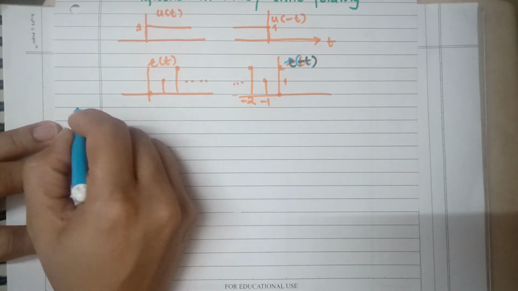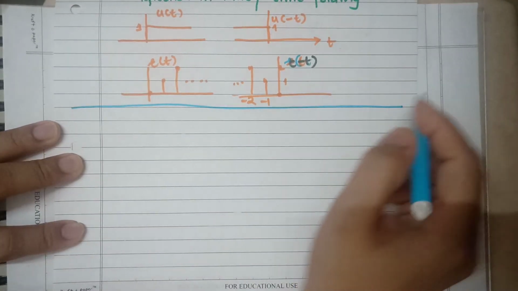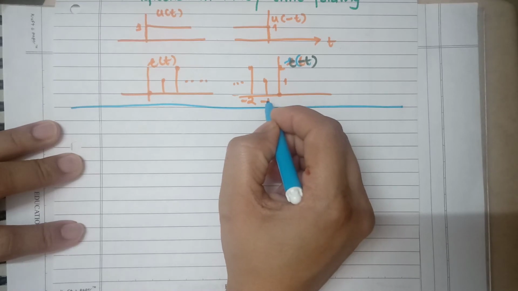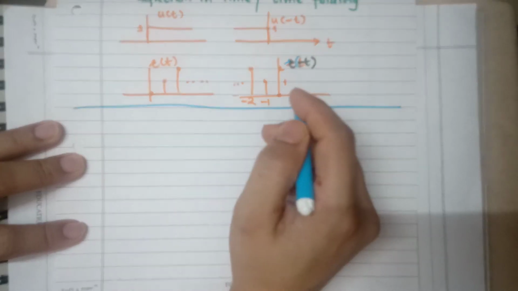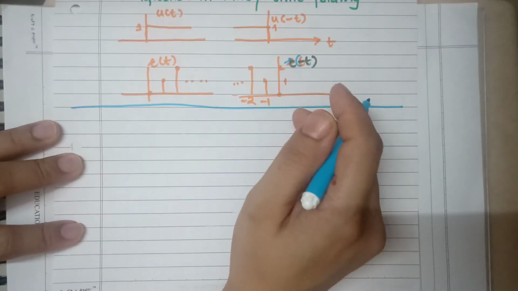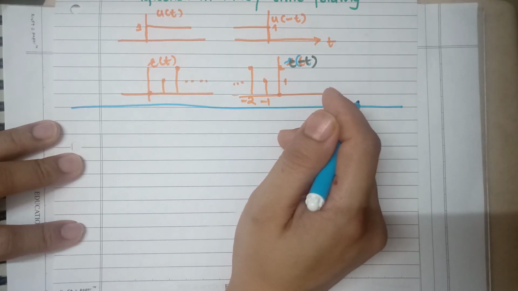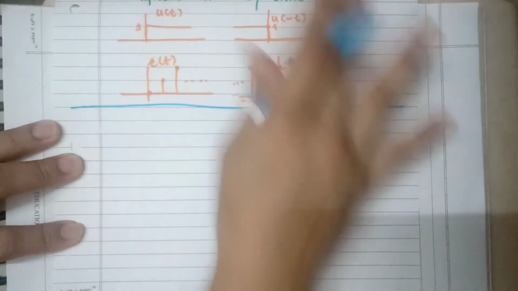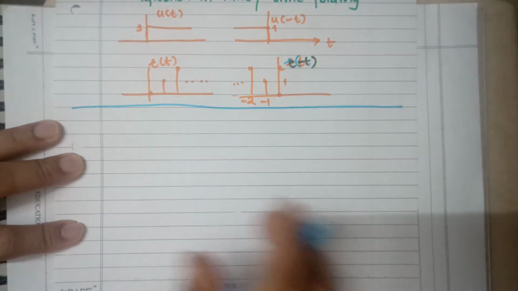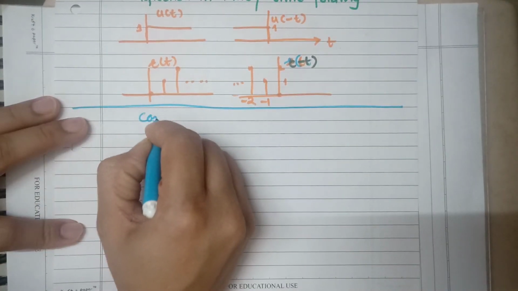There are very complicated ways to do this operation, by actually calculating the value of t in the modified signal, what will be the value. Okay, so there are many complicated ways, but we'll remember only these simple ways. Now we'll see combined